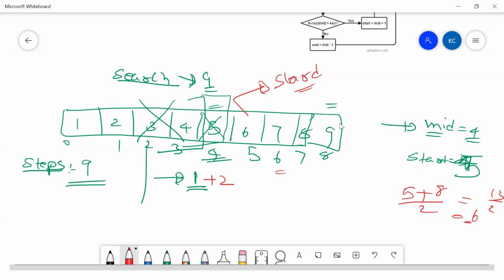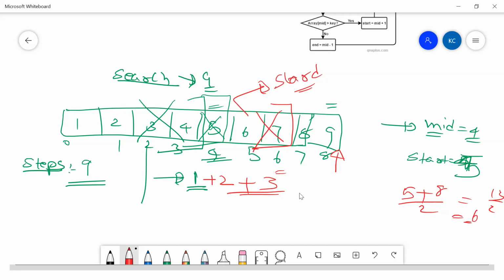Right, so I came to know that whatever is towards my left, I'm trying to reduce it. Again, now I have only two elements, 8 and 9. Again I'll be finding the mid of it, and then I come to know that my mid will be pointing to this number called 9. So my comparison becomes my step 3, and I'll be comparing, and then I'll come to know that I already found my element called 9.